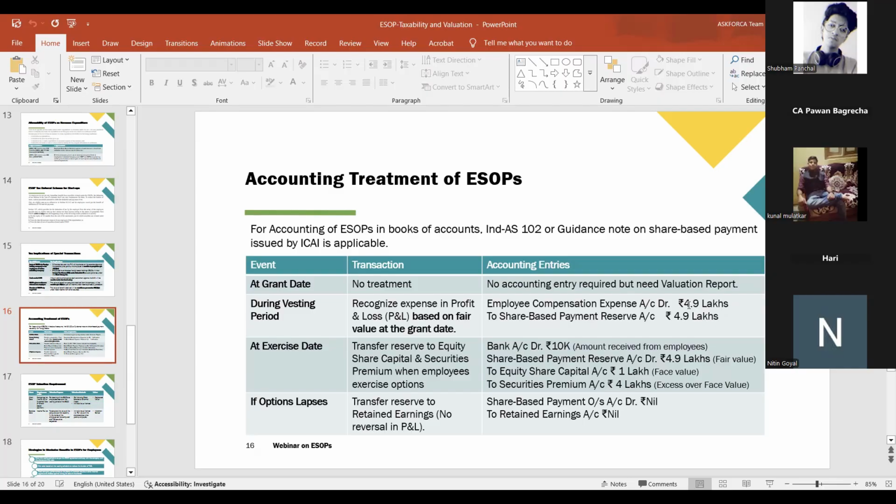अगर कोई एम्प्लॉय एक्सरसाइज नहीं करता है ESOP, तो उसके बेस पे उसमें हम शेयर बेस्ड पेमेंट रिजर्व अकाउंट को डेबिट करके रिटेन्ड अर्निंग को क्रेडिट कर देंगे, अगर वो लैप्स होता है। तो इन दैट वे हमारा शेयर बेस्ड पेमेंट रिजर्व अकाउंट है वो नलिफाई हो जाएगा और हमारी एंट्री इस तरीके से हो जाएगी। यहाँ तक किसी को भी डाउट है तो वो चैट बॉक्स में मेंशन कर सकता है।